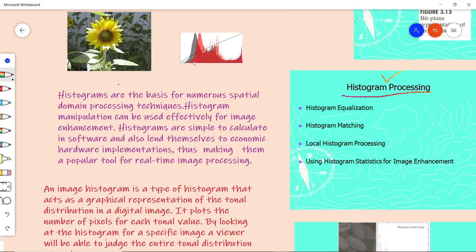Okay, so suppose this is the sample example image, the input image. For this image, the histogram generated after processing is this one. So the histogram of this image looks like this. Okay, these are the values. What kind of values, I'll explain now. So actually, what is histogram and why are we